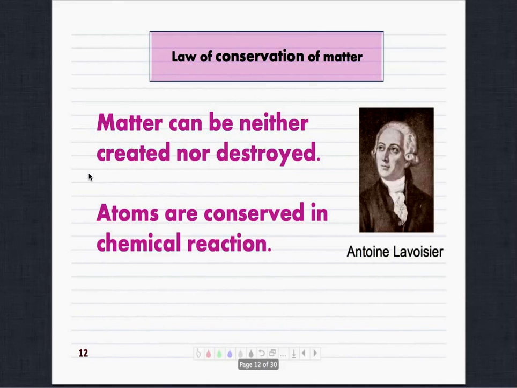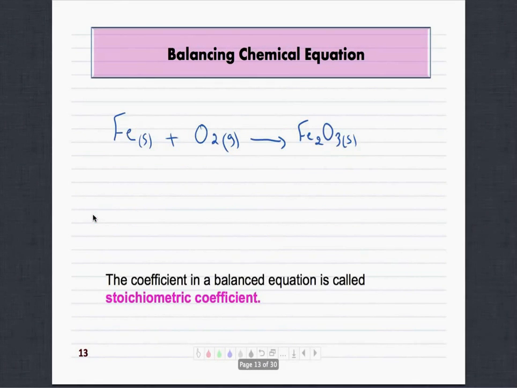If I started with magnesium and oxygen, I'm going to end up with magnesium and oxygen of the same amount. And because of this law, we get to the point that we balance equations. We do the balance of a chemical equation, which I think most of you learned in high school. If I have something like this, iron plus oxygen, and it gives me iron oxide, then you begin balancing the equation and saying, okay, I have the amount that I have on the left